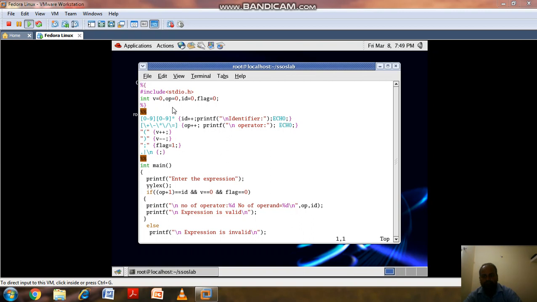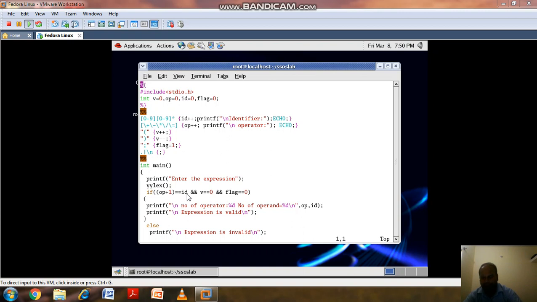Next, if op plus 1 is equal to id and v equal to 0 and flag equal to 0, there are three conditions.